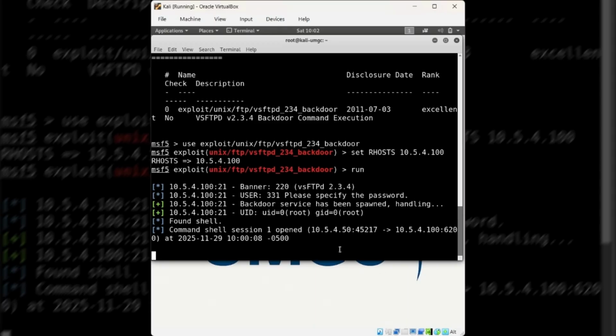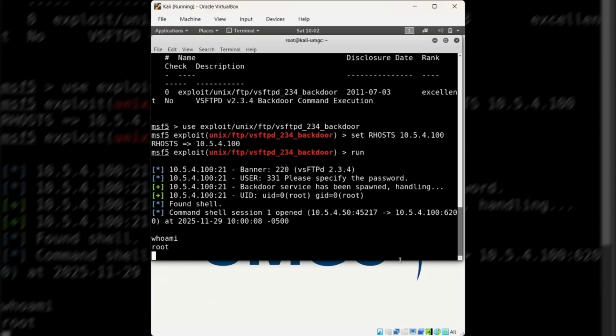I'm going to verify this by typing whoami. If it comes back as root, that means that we're in the shell. So now that my privilege is escalated, I can move around the victim machine and find whatever data is needed. We're going to do this by changing the directory, and we're going to try to